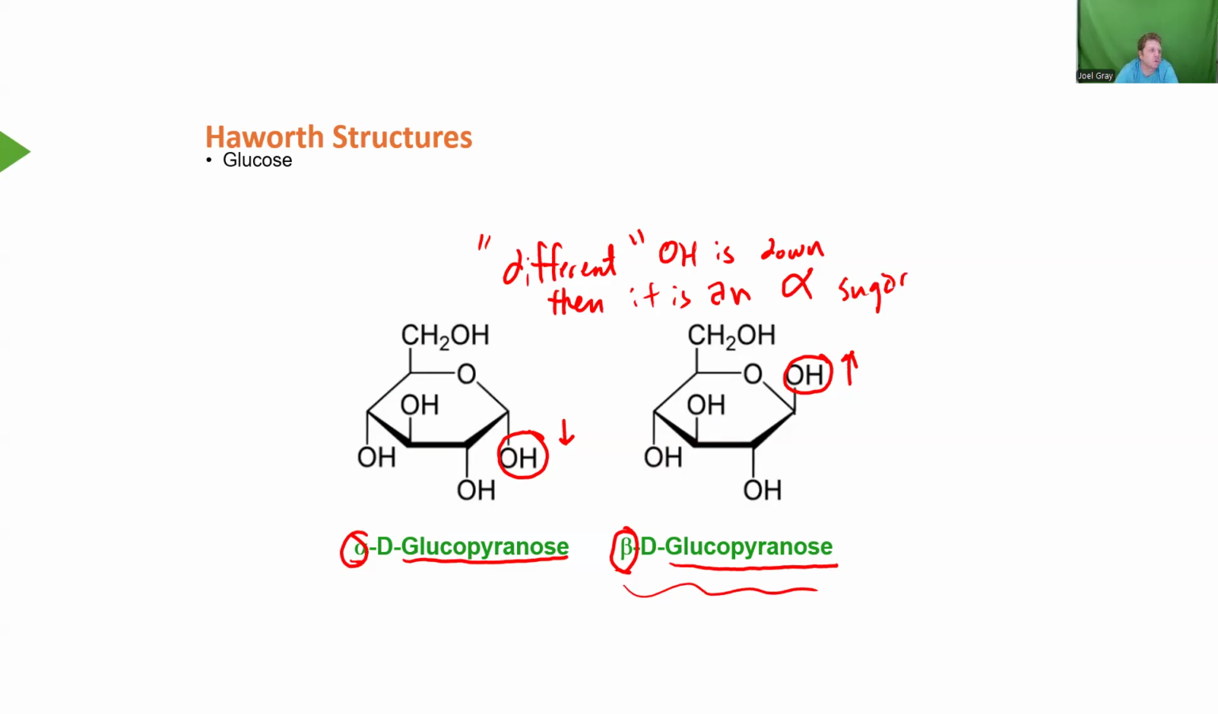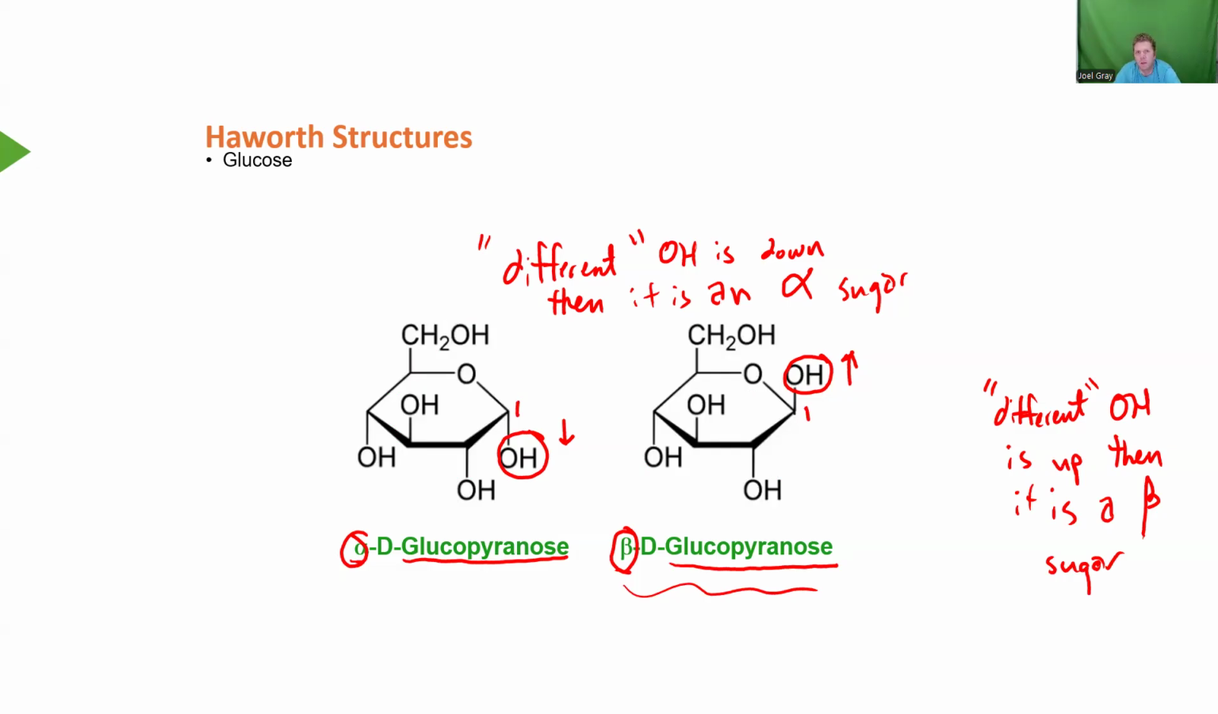If the OH is different, I'm going to say different, if the OH is up, then it is a beta sugar. So we have two different sugars, an alpha and a beta sugar, and the positioning of that OH group. So when you compare two sugars like this, this is carbon number one right here. This is carbon number one right here. So the positioning of